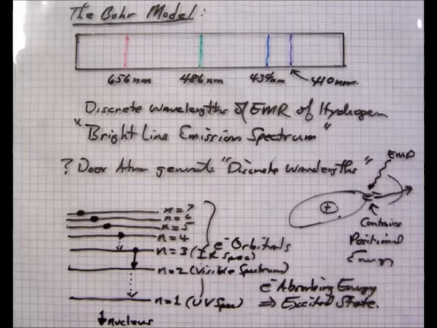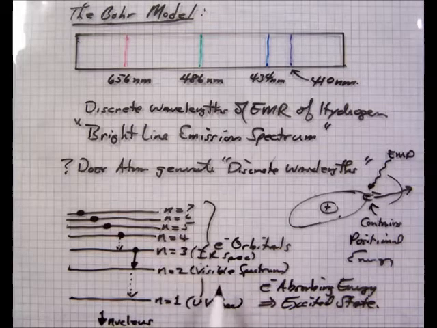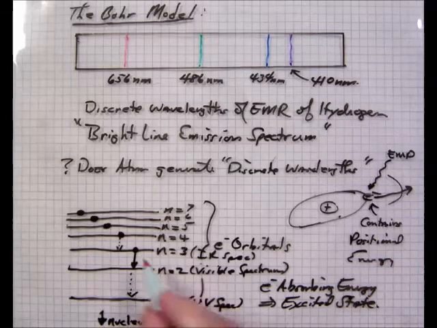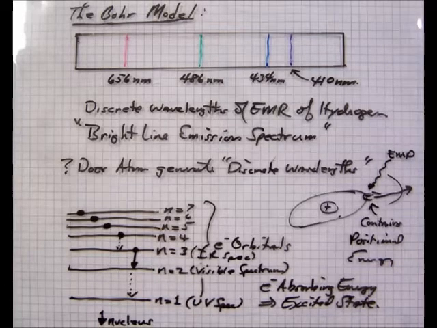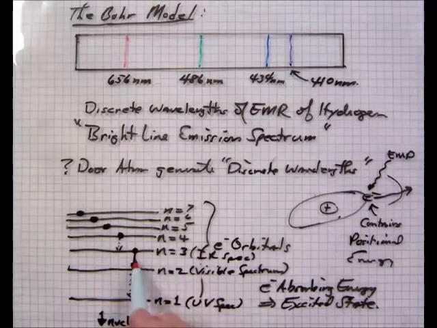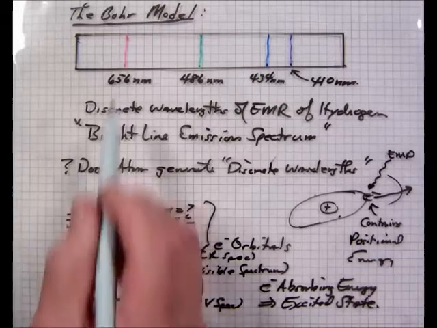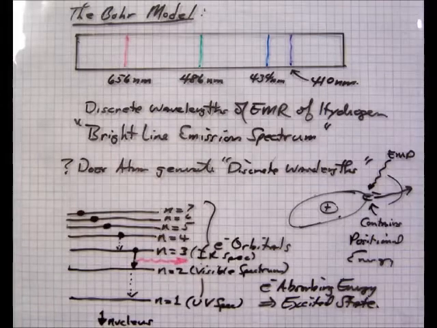Now the thing is, you cannot see the infrared transitions if an electron drops down here. But here you can, if the electron stops on n equal 2. It's kind of like a ball. If I throw a ball or this pin up in the air, it goes to a maximum height, and as it comes down from the max height back to my hand, it's giving off energy. That kinetic energy, as it's falling back down, it absorbs energy, then releases energy. When it releases energy and it stops on the n equal 2, it gives off a red light, and that's what you're seeing. This is an n equal 3 to 2 transition right here.